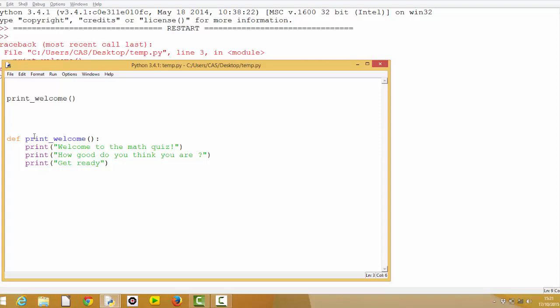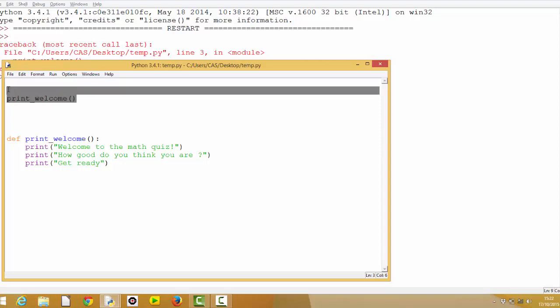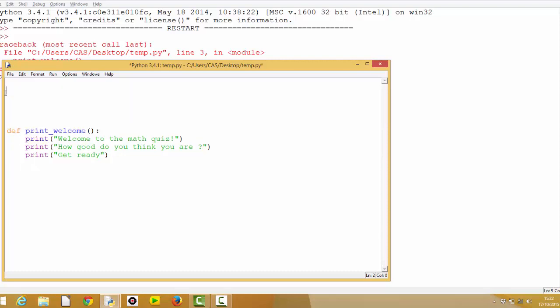This definition of print welcome actually comes after our call to it, which means when we first called it up here, we haven't seen this yet. Hopefully you get that idea. So simple solution. Let's just cut that out from there and let's put it in after the definition. So the program should come down now and define print welcome. Remember, this isn't running it. It's not actually doing the code at this point. It defines print welcome, and then it gets down here and it calls the function print welcome. So if we run that,